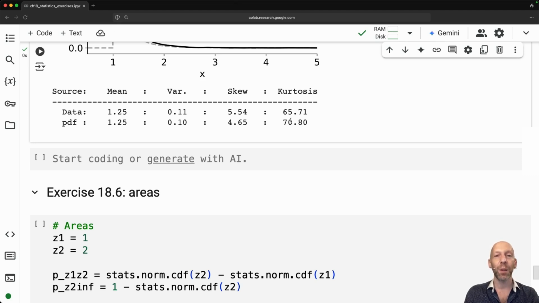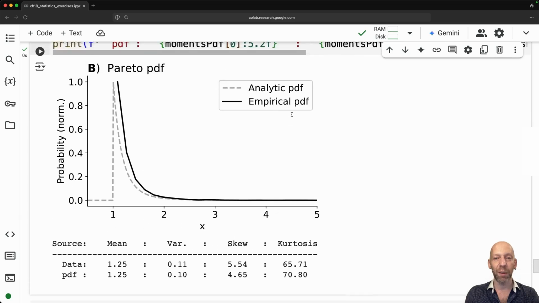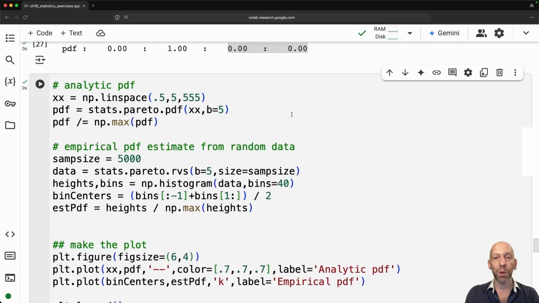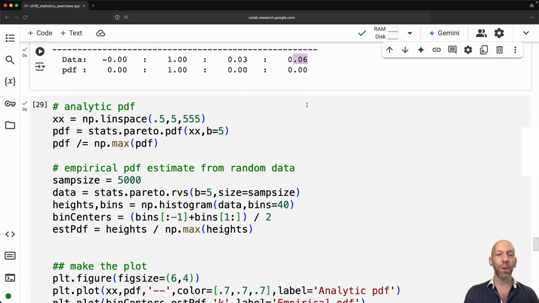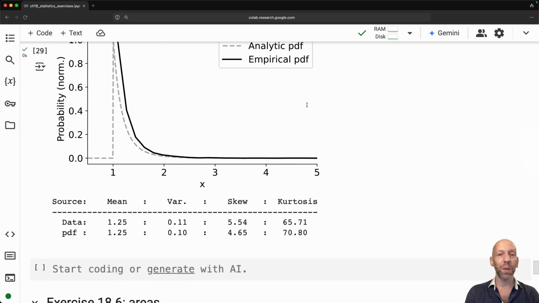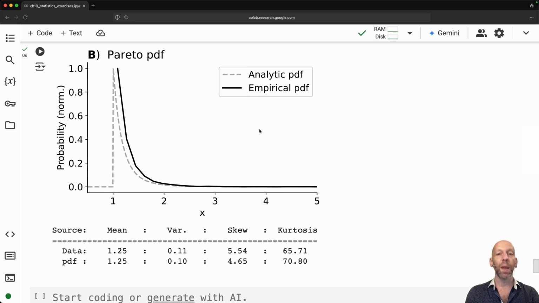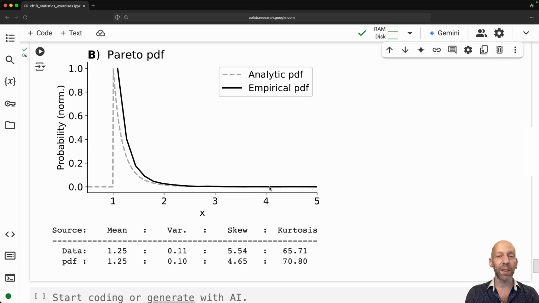Now, why is the kurtosis so off here? It's 5 points off here, compared to the normal distribution, where the values were much, much closer. Literally orders of magnitude, 3 orders of magnitude closer for the normal distribution compared to the Pareto distribution. Here is the answer. It's not obvious from this plot, but we have to think about the Pareto distribution and